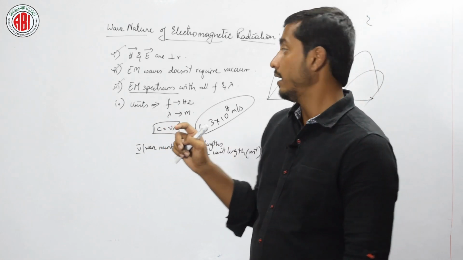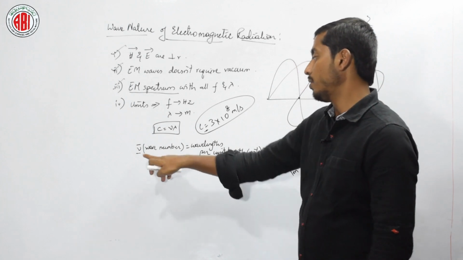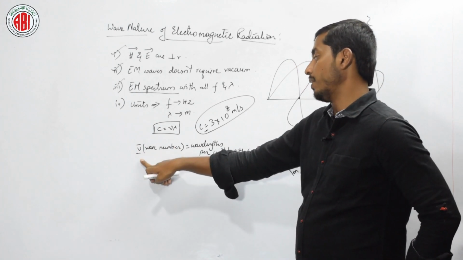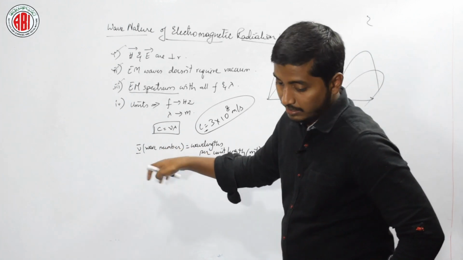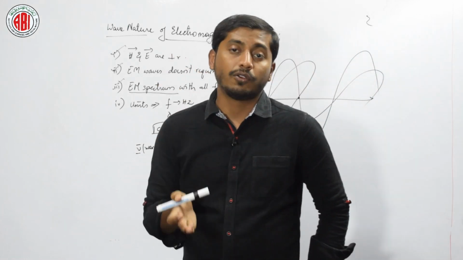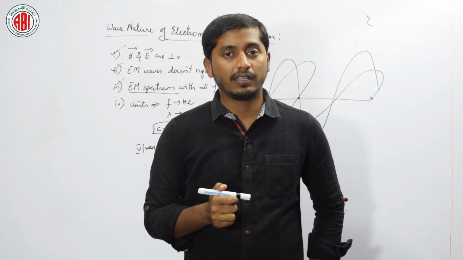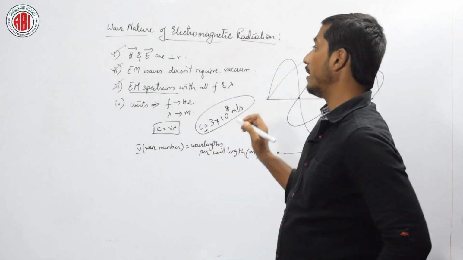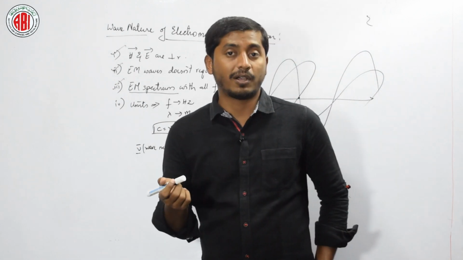Is it right? Is it clear? And one more thing, he defines it as wave number. He tells that wave number is the number of wavelengths that pass through a unit length. Is it clear? This is how he explains the wave nature, and let us discuss the next topic,